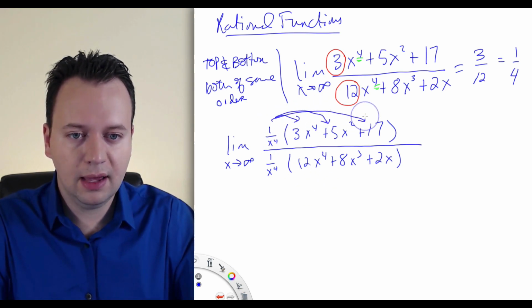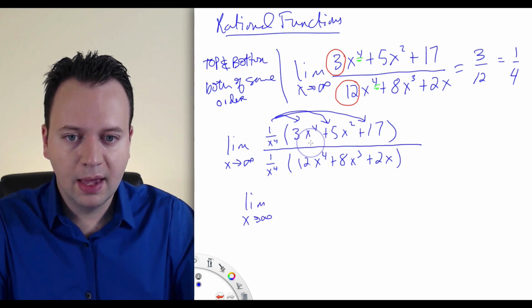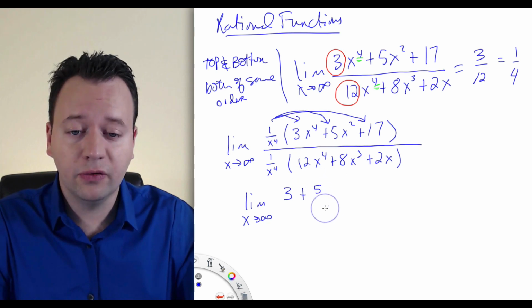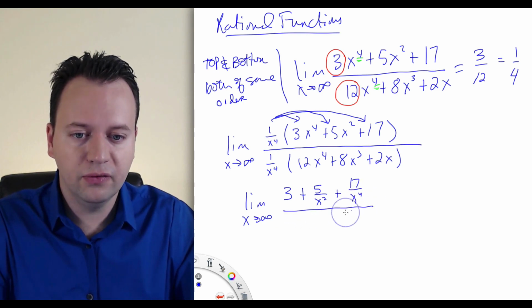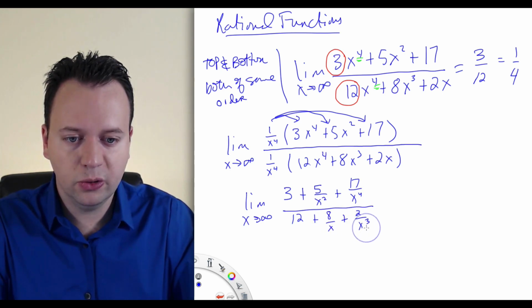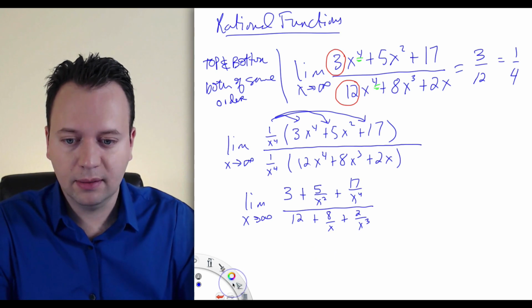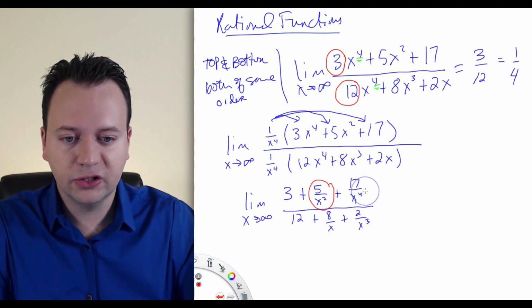distribute this, when I factor this in, I get the limit as x goes to infinity. Now 3x to the 4th divided by x to the 4th is just 3. Then plus 5x squared over x to the 4th is 5 over x squared, and then plus 17 over x to the 4th. Then divided by, on the bottom, similarly, we have 12 plus 8 over x plus 2 over x cubed. Now we can see what's happening, because as x goes to infinity, 5 over x squared and 17